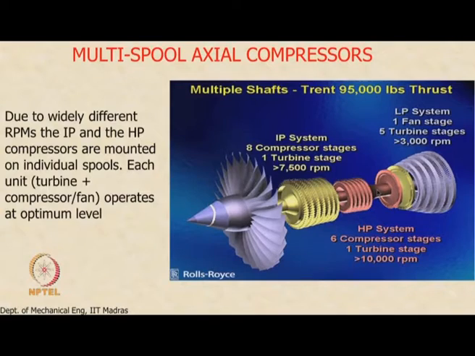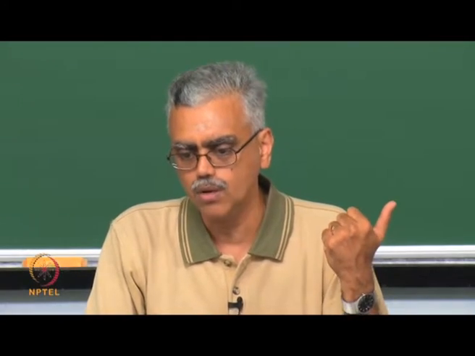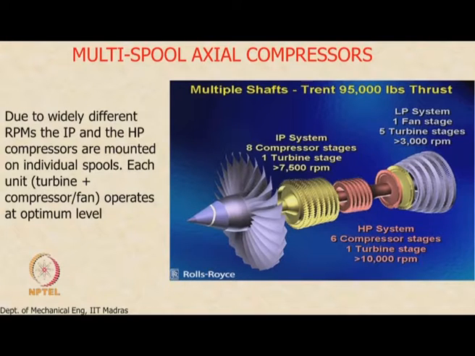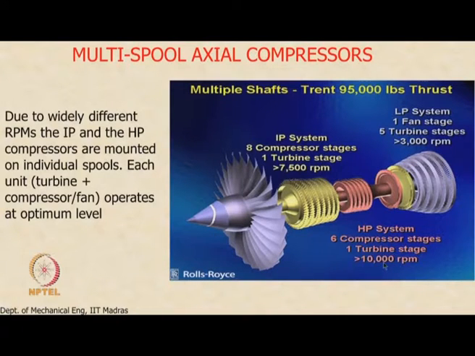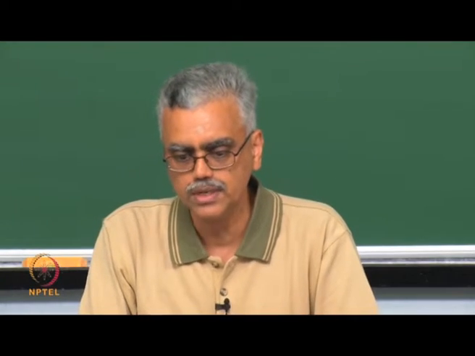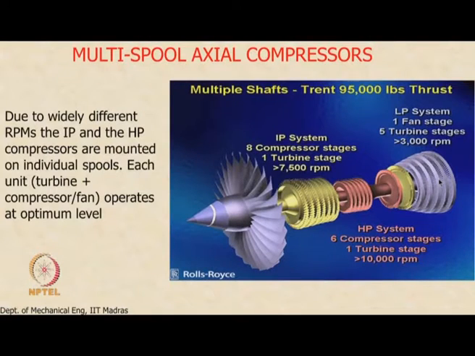Shafts within each other, spinning at different RPMs, and you can see the wide range of RPMs from this graphic. You can see that the high pressure turbine system runs at speeds of about 10,000 RPM or more because it has the shortest blades. So this runs at very high RPMs. The intermediate pressure, which is in yellow here, runs at 7500 RPM or so, and the fan, as you can see, runs at about 3000 RPM or so. And that is the lowest possible RPM that we can do when it is connected directly to the turbine.